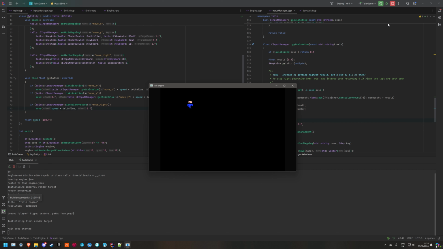So now if I press B, we move right. If I press D, or I press them at the same time, it goes at the same speed. Nice. So that's our actions, our one-time inputs for if it's down or not, and then we have our axes,